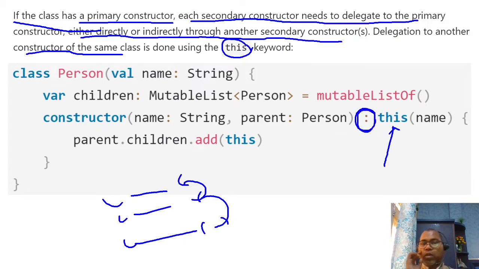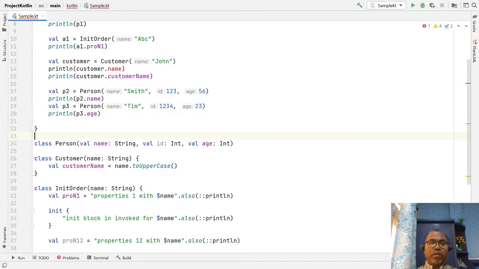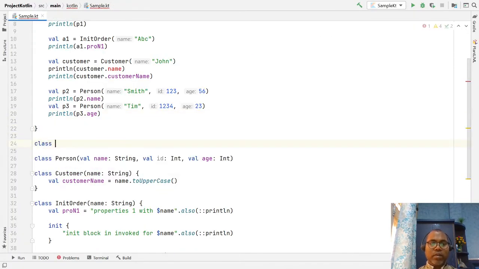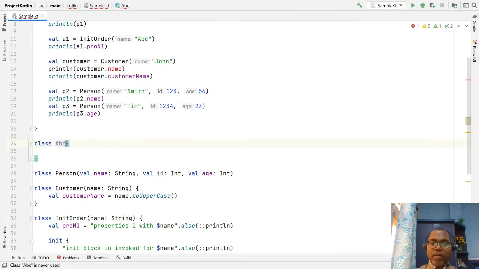So let's define a class, say ABC class. Let's say we have defined a primary constructor that takes an input name as a string. This is the primary constructor.